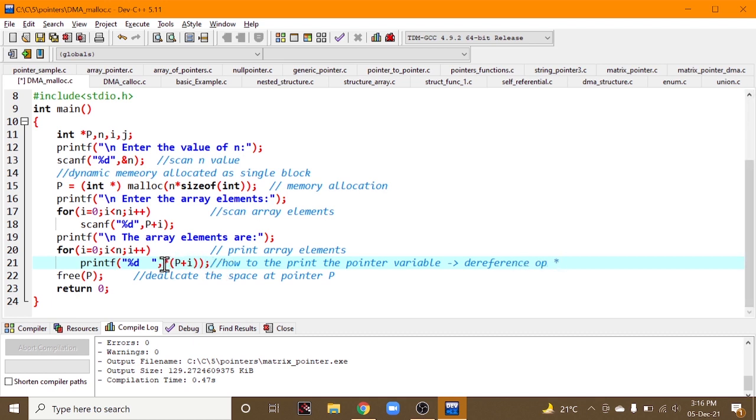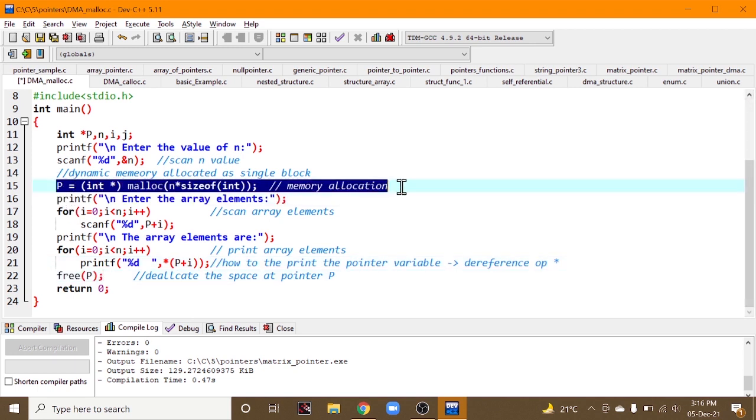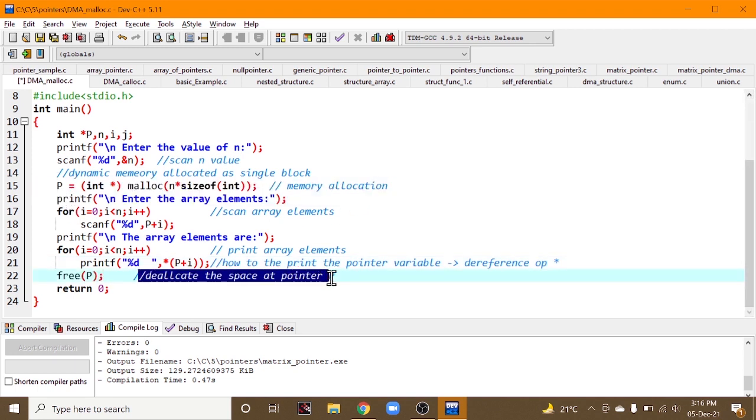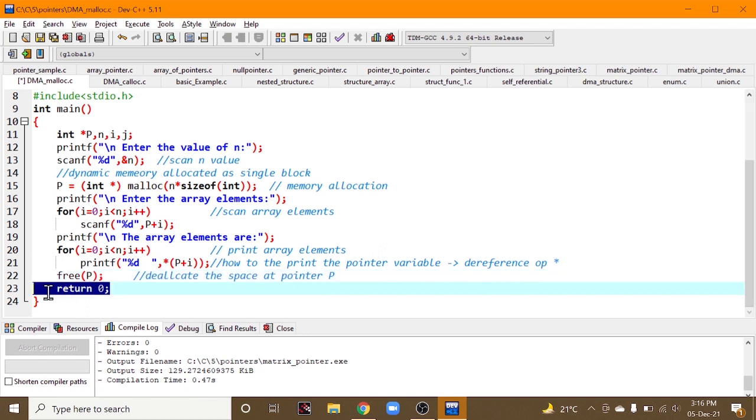So we have used star of p plus i. This is the story of printing your elements, and then free of p. As I have used a memory allocation function, we are deallocating the space at pointer p, or freeing and releasing the space. And finally we use a return statement, return 0.